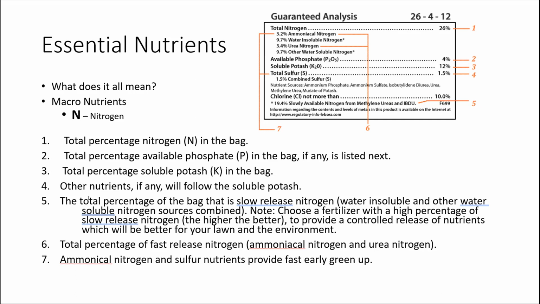Now, this number 5 here says, and these asterisks note a footnote here that says 19.4% slowly available nitrogen from methylene ureas and IBDU. Okay, so what this actually means is